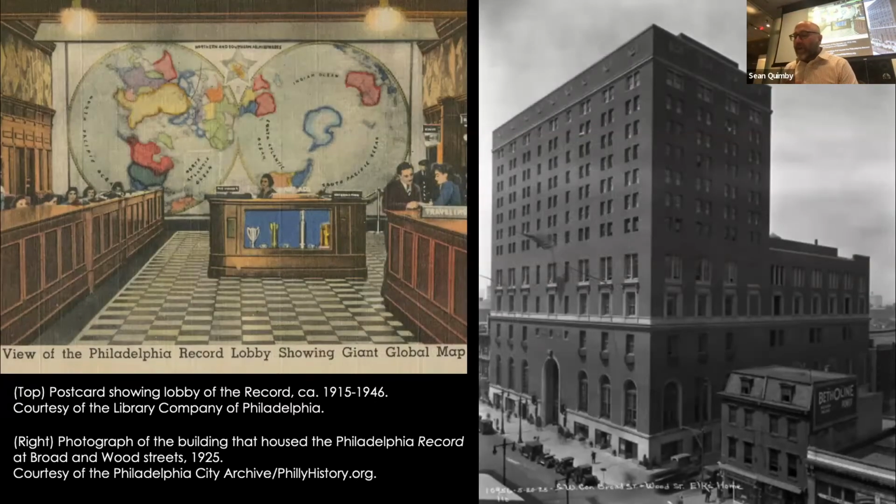On the left here, you're looking at the lobby of the Philadelphia Record Building. In 1947, when our story takes place, the Record was one of at least 4 daily papers in the city. Its circulation reached 330,000 per day in 1936 under the ownership of Penn alumnus David J. Stern, who had purchased it in 1928 and then moved its operations to a more modern facility at Broad and Wood Streets, shown here on the right. I believe they are now condos, but